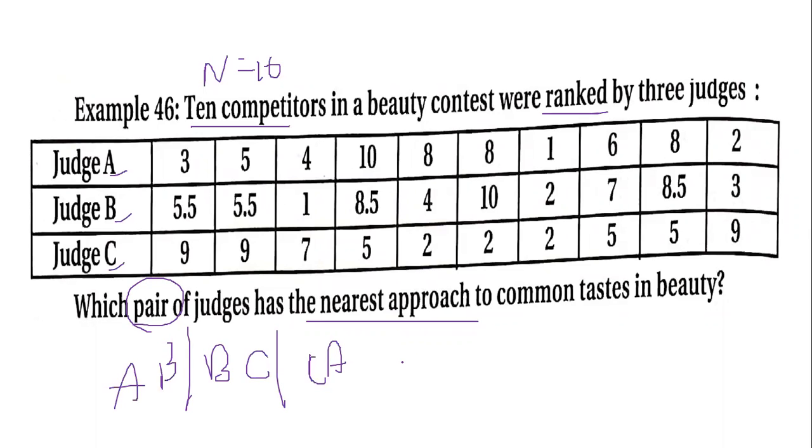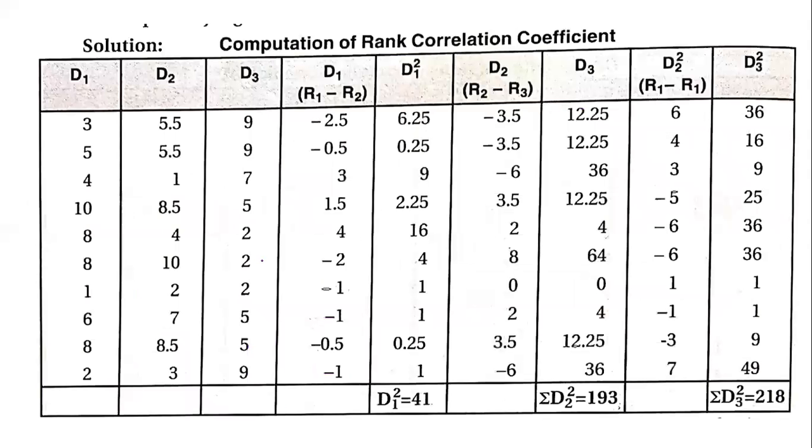Like we solved one problem before also like this. So similarly, even in rank correlation, we will be solving it like that only. So 3 times you will be calculating the correlation coefficient. Now going on to the table, computation of rank correlation coefficient. So for the judge 1, the ranks, sorry, this is R1. Okay, so R1, R2, and R3.